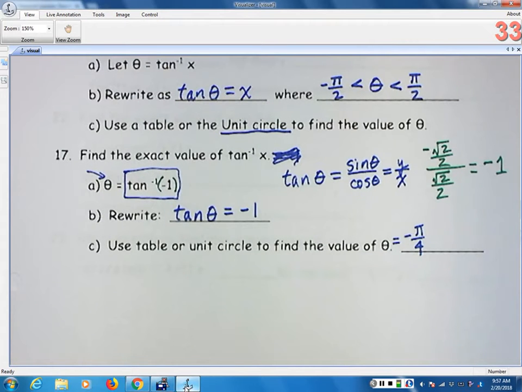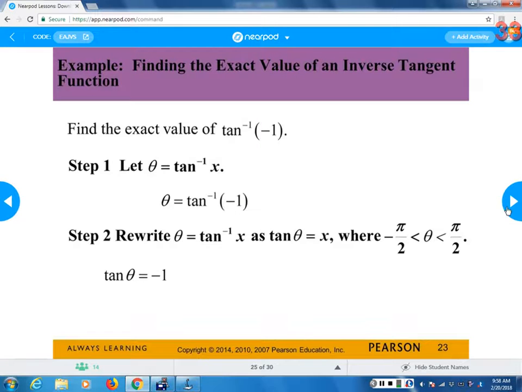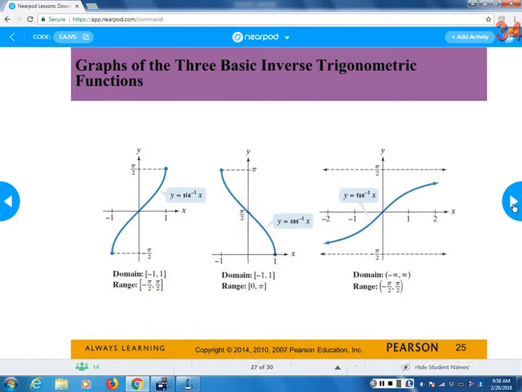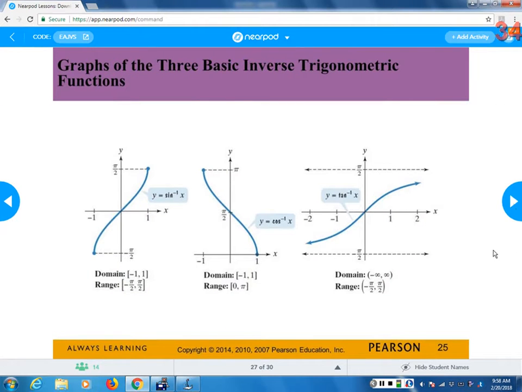All right, and let's see, I think I have more slides showing. And then they found it to be minus pi over 4. And they actually found tangent theta. You could find the tangents on your unit circle. You do need to have that memorized. It's sine over cosine,